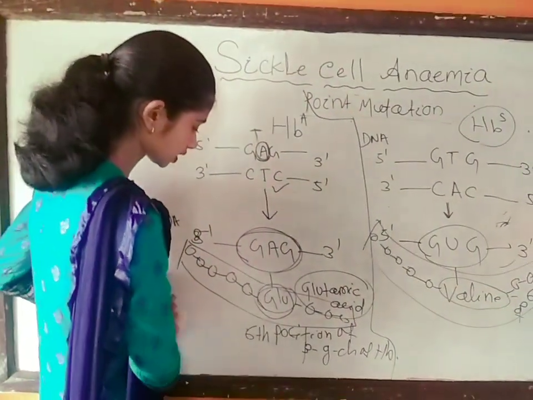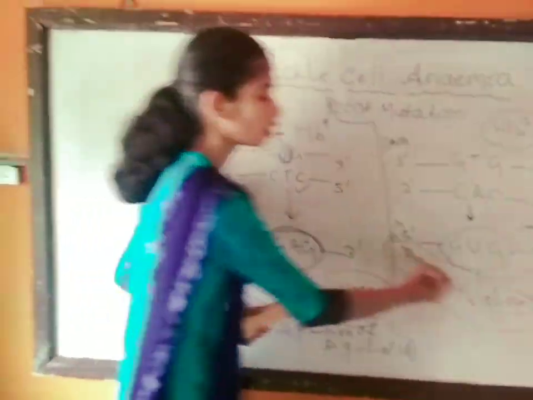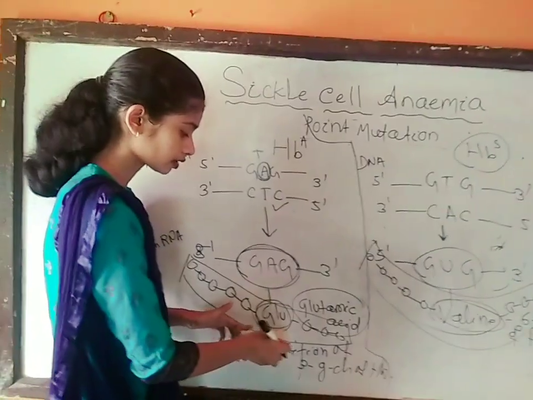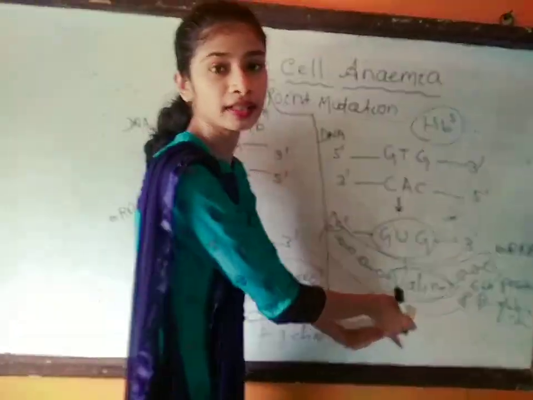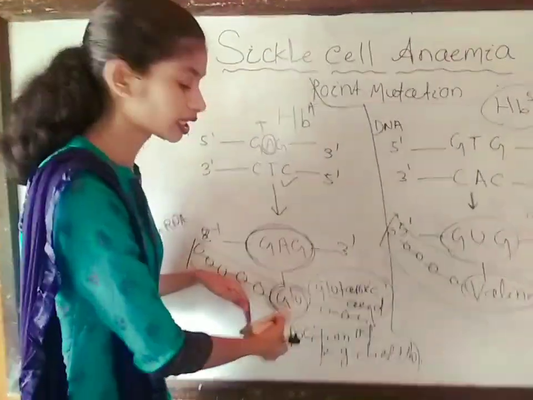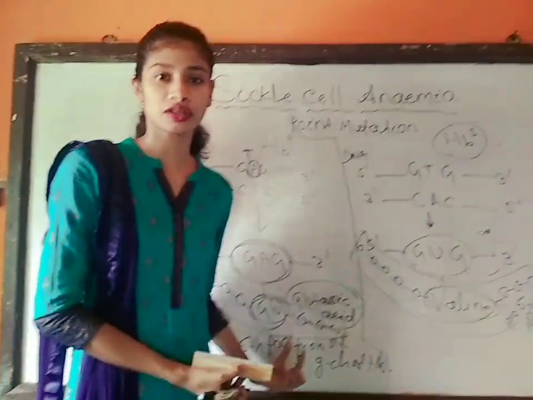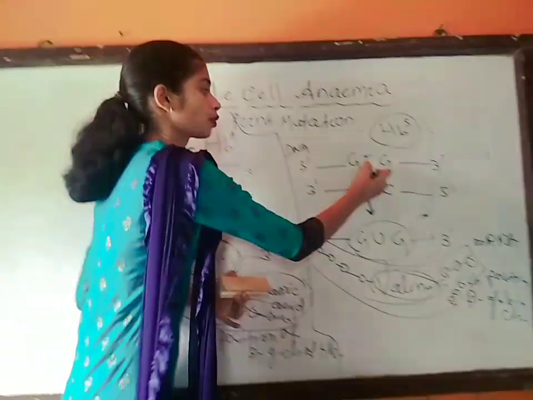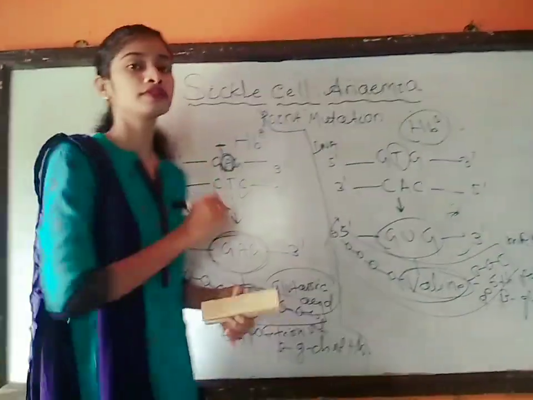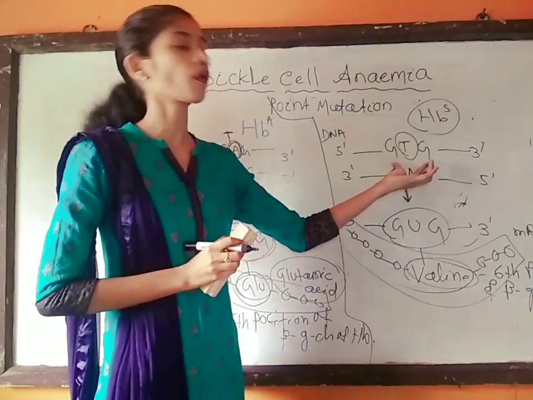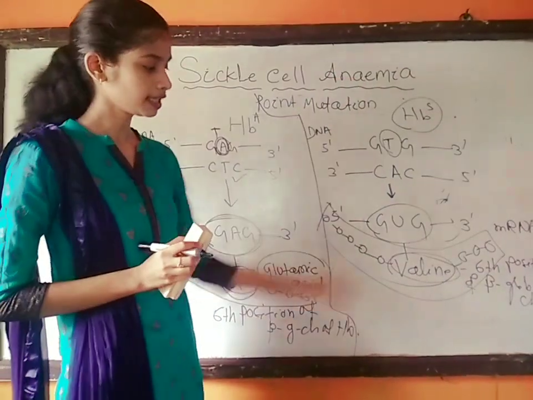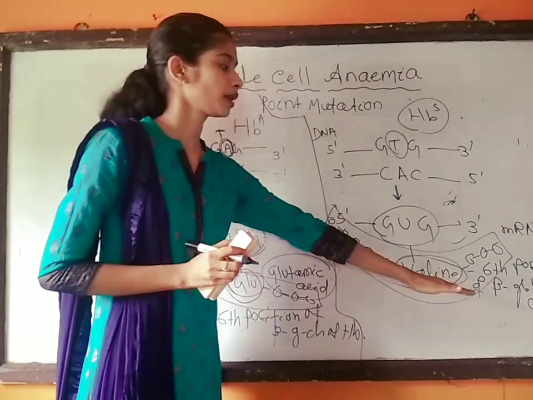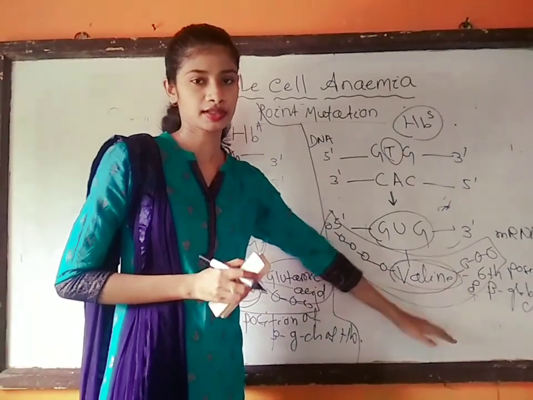In this type, the mutation does not occur in the amino acid. Are you seeing that glutamic acid is replaced by valine? You may think the mutation occurs there, but the mutation occurs at this point in the nucleotide of DNA. So this is the point mutation. By this process, sickle cell anemia occurs, because the beta globin chain gets defective.